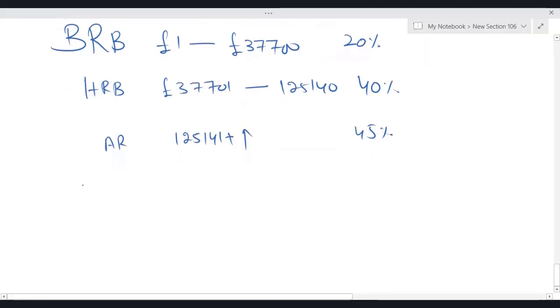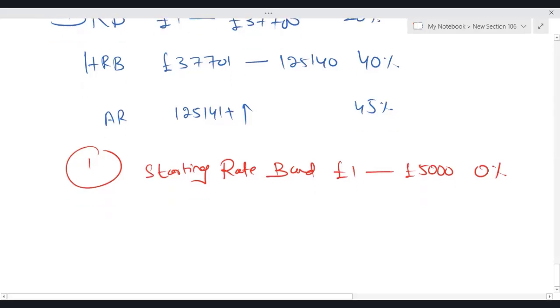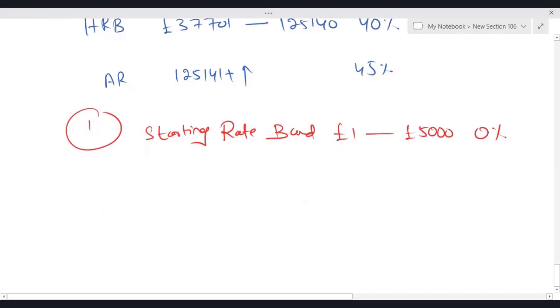Only in saving income, there is one concept of starting rate band. That is from £1 till 5,000, where the applicable tax rate is 0%. When this starting rate band comes into action, we will discuss that. So there are three additional rules in saving income. One is the starting rate band. When do we use this starting rate band? Wait for that. Second point is,